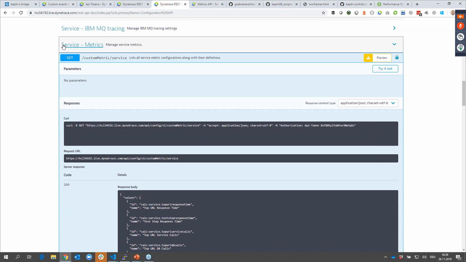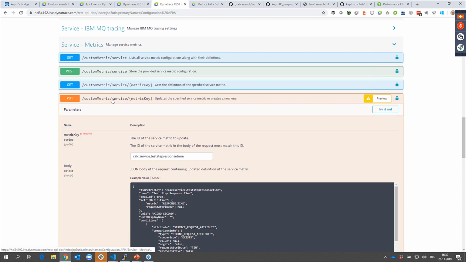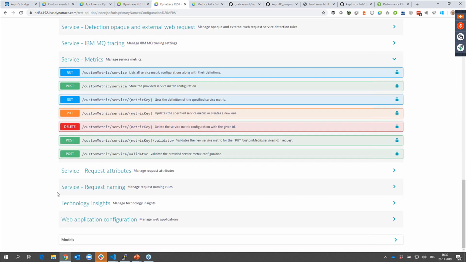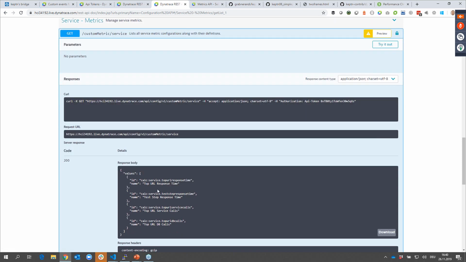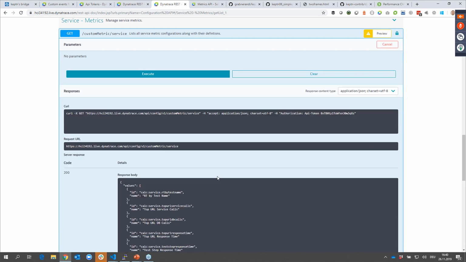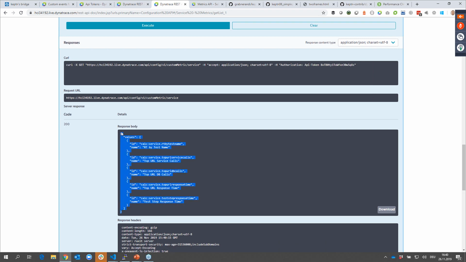In the configuration API, under service metrics, this is where you have your get, your post, your put, your delete. This is where you can really automate the creation or update of these calculated service metrics. Very easy to use, right? I executed this earlier. I just said, give me all my calculated service metrics, and let me just try this out again and execute, and then you get back basically the list of metrics, and you can see here all the custom calculated metrics start with calc. So that's the calculated metric,